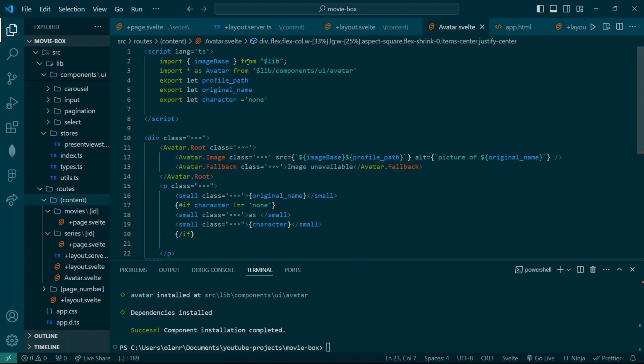We will import the image base as we've done so many times in this video, and we're gonna import the avatar component from shadcn-svelte. We're gonna import that over there, and we're gonna say that, hey, there are only three things that this component needs. That's profile path, original name, and the name of the character. And so in SvelteKit, this is how you actually define component properties, or rather, this is how we used to define component properties. As of Svelte 5, this syntax is actually going to get deprecated,